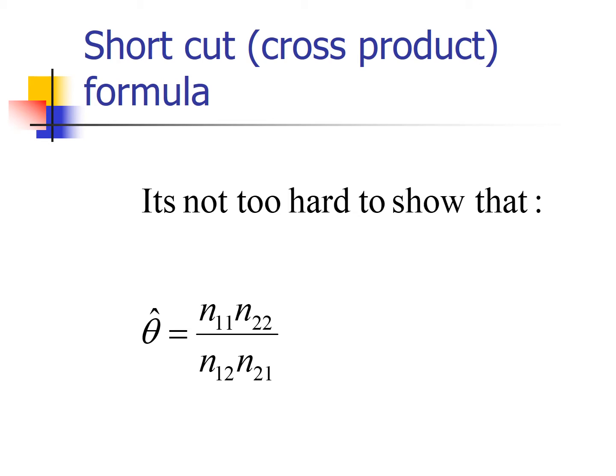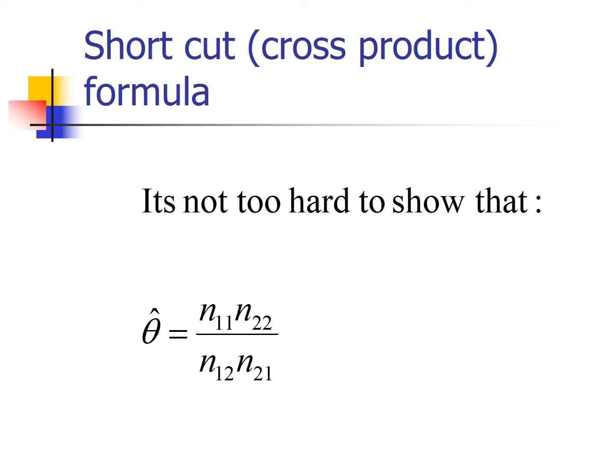Now, a nice little shortcut formula. A lot of times we will use SAS, and I'll show you some code very soon to use SAS to calculate this. And we did the calculations already in a previous slide. However, there is a kind of nice shortcut calculation. When you have ratios of ratios, not surprisingly, a lot of things cancel out. And so again, it's just algebra and canceling a lot of n's. But ultimately, you have this pretty easy to calculate shortcut formula where we can show that theta hat, the sample-based odds ratio, is n11 times n22